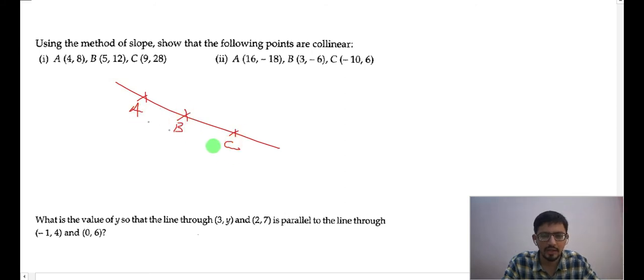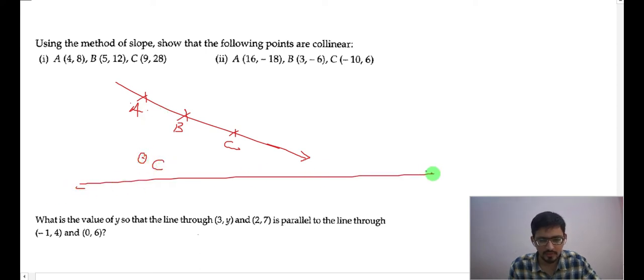So what you do is take any two points from these, AB, BC or AC, and by those points you find the slope of the line. You find the slope of AB, you find the slope of BC, and you will get the same thing because it represents one line if it is collinear. Now assume it is not collinear. Assume A and B are here and C is here, for example, and this is the x-axis.